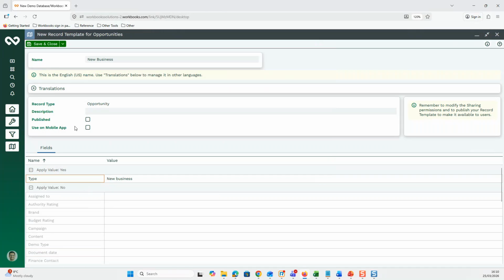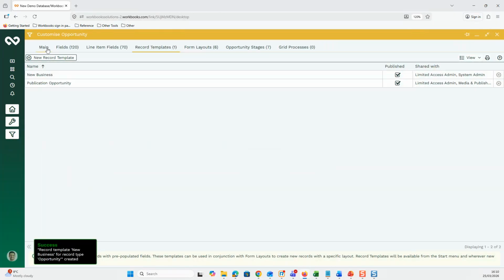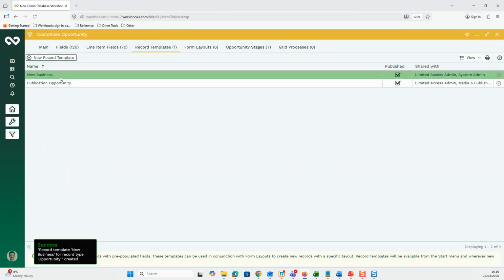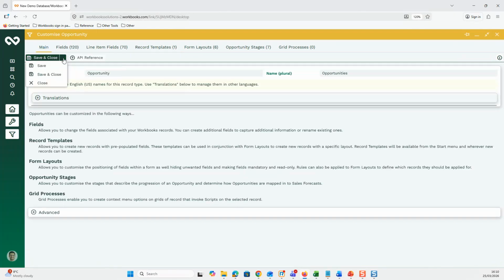Now, obviously, one of the things that I've seen a few times is someone who's created a new record template, but they can't actually see it when they go to the menu. So the thing that you need to make sure you do is tick published. Once you've done that, you can simply save and close, and you can see that it's now appeared here. If I go to my main and just simply save that,